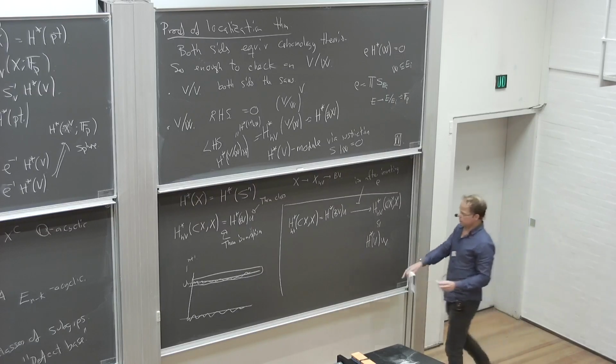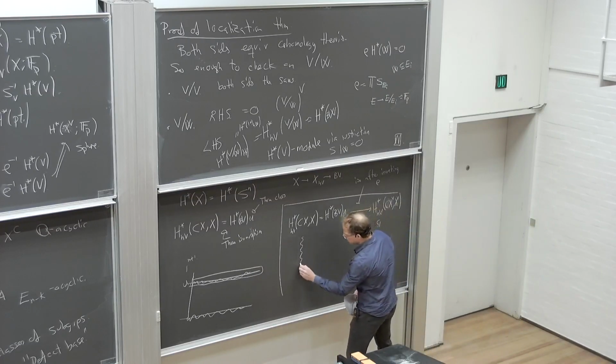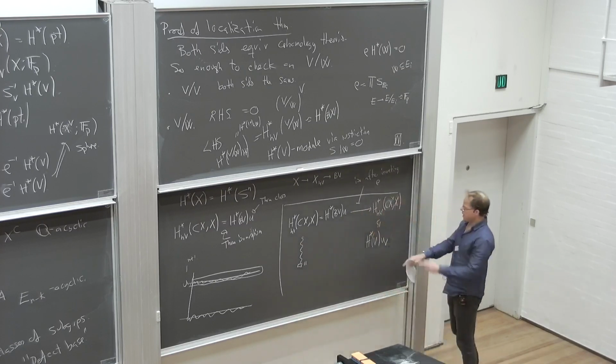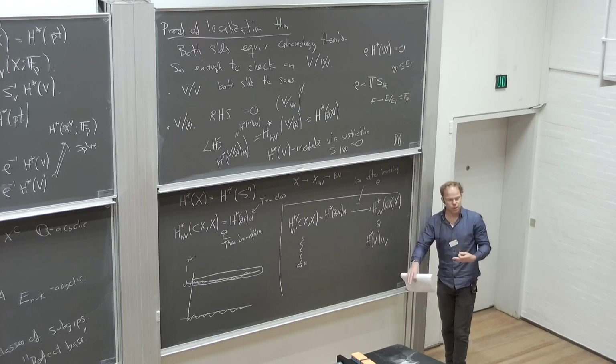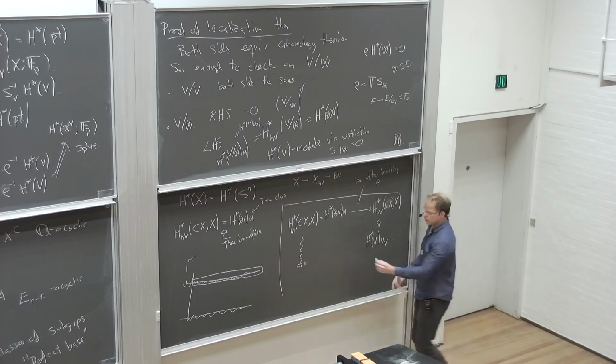Because this is a module starting in some degree U, and this is another module starting in some other degree UV, and if this map has to become non-trivial after localization,